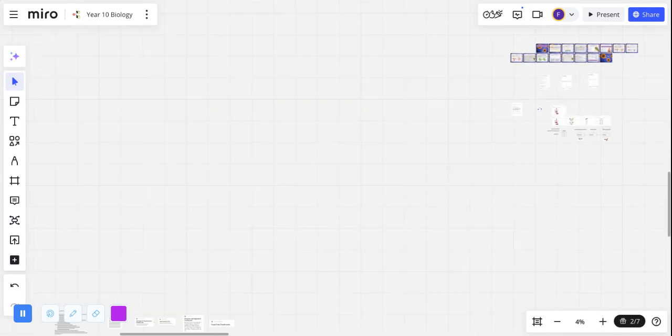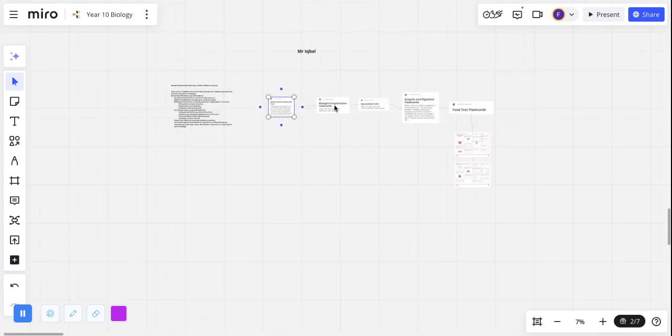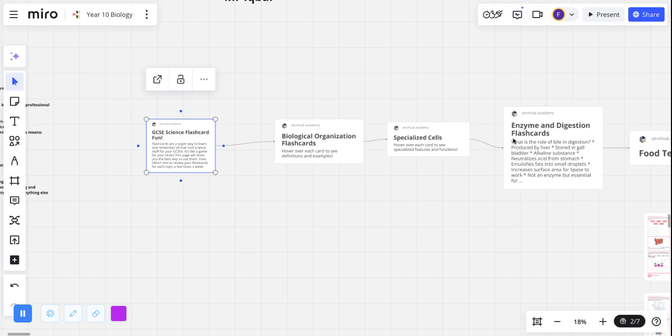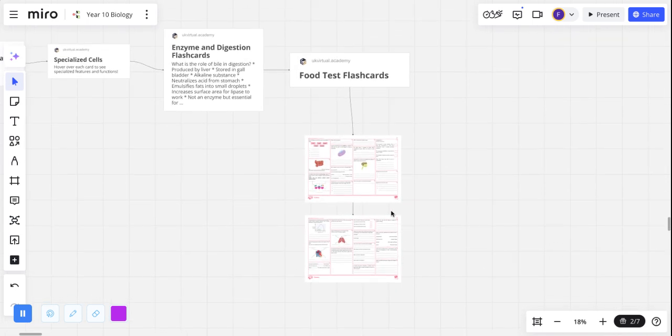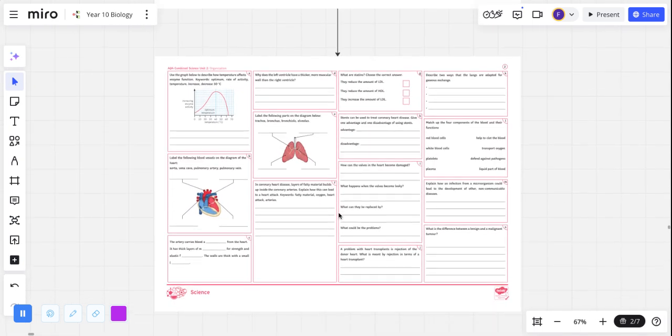But the first thing you're going to do today is this set of work that I've told you about. You're going to have a look at the flashcards, how they work, go through them 10 times, and then fill in the first page of the sheet. Some of you may have done more work in your own time, or even in year 9, and I'm more than happy with you moving on to here. But our cunning plan is to do the circulatory system next session. All right, so I'm just going to